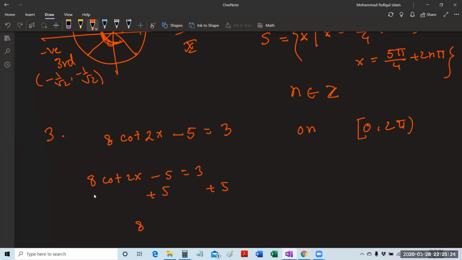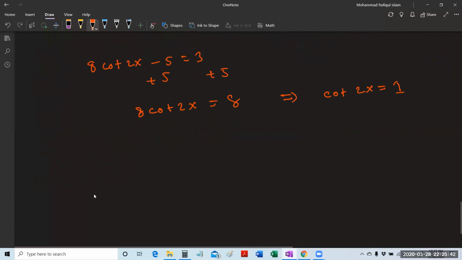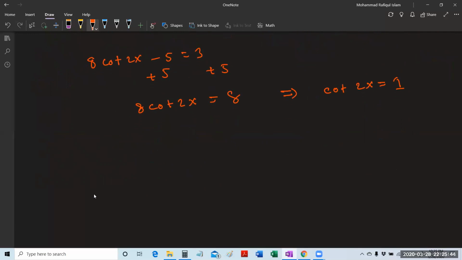Then we get 8 cot twice x equals to 8. And this resolves cot twice x equals to simply 1. So again, we know tangent and cotangent functions are positive only on first quadrant and third quadrant. So if we draw the unit circle again,